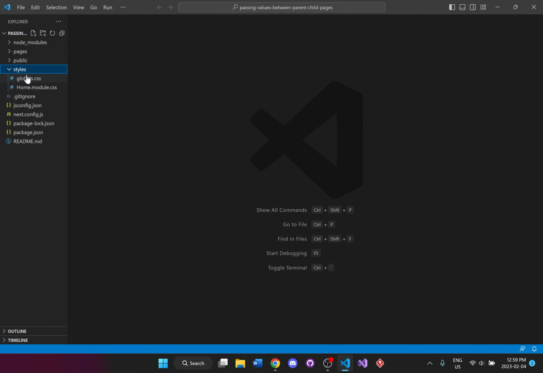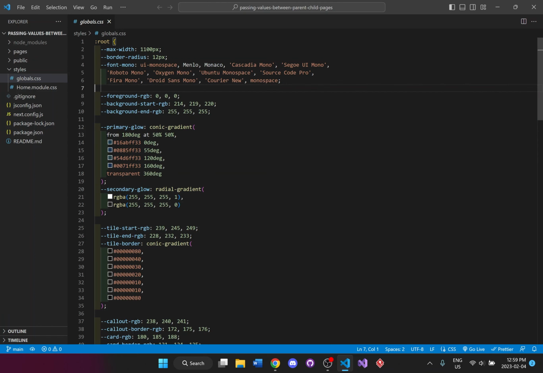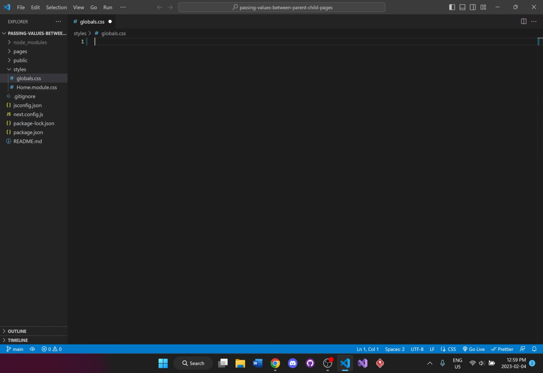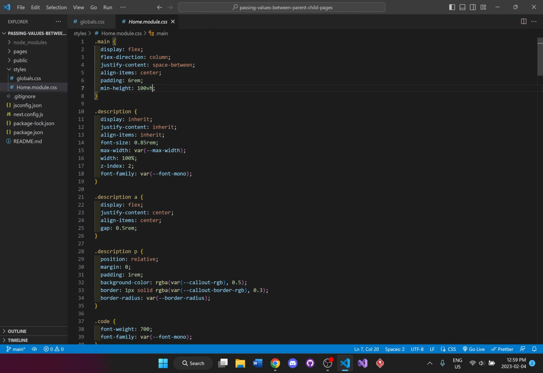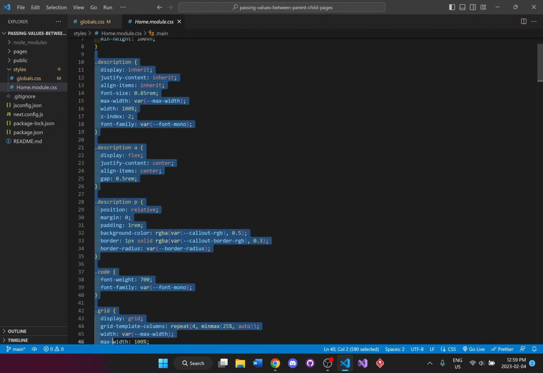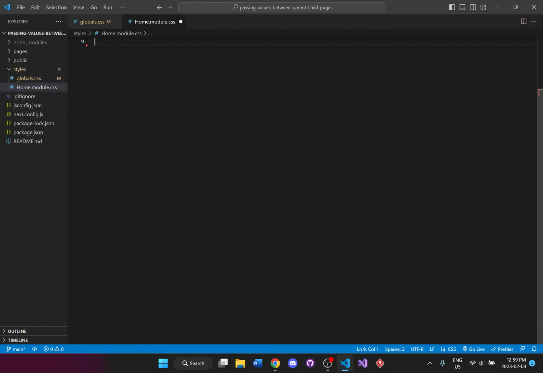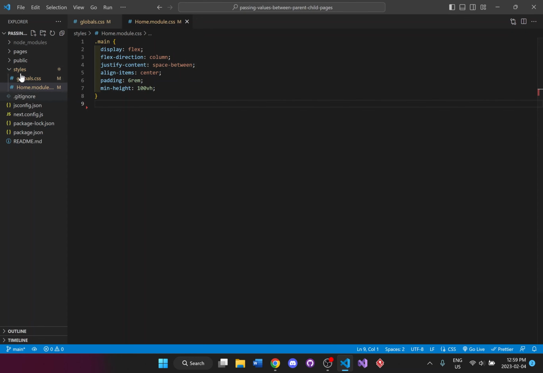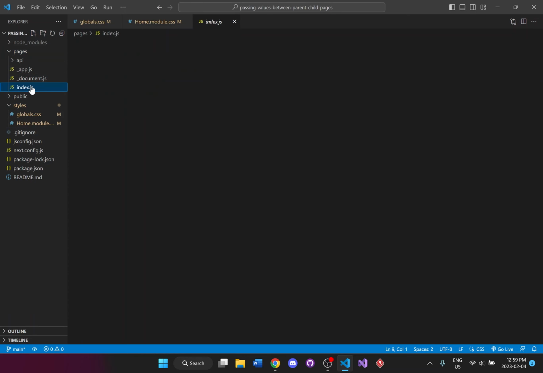First thing I'm going to do actually is remove the stylizing because I don't want that black background in the demo I showed you. And I'll just keep the main. That's it. And what I'll do here is just set up a few things in the pages.